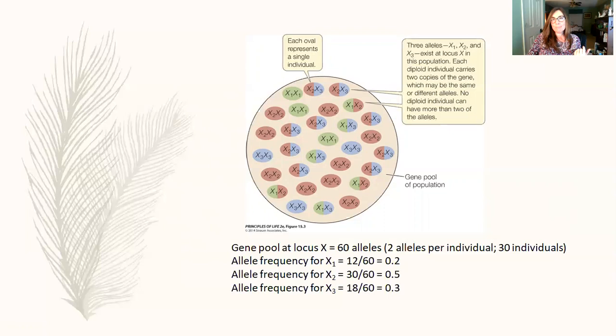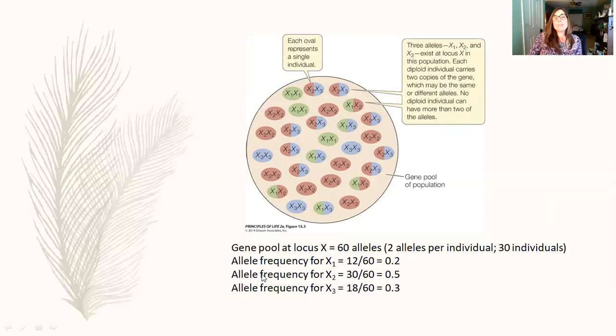So if you were talking about the example of the blood type, you can have A and B, or 2 A's or 2 B's, or an A and a B, or an A and an O, or a B and an O, and 2 O's, but you can only have 2 of each one. No matter how many different alleles exist, each individual only has 2 alleles for each trait.